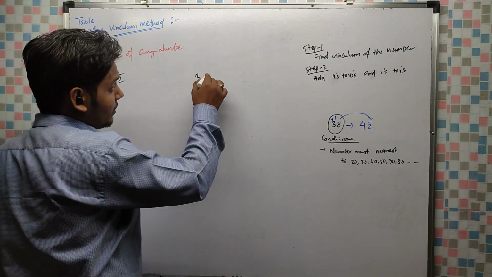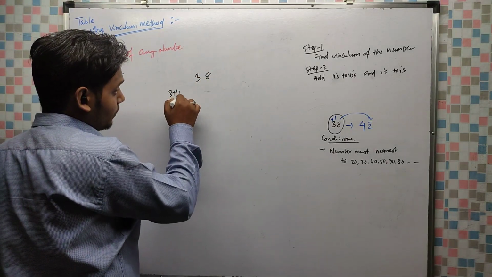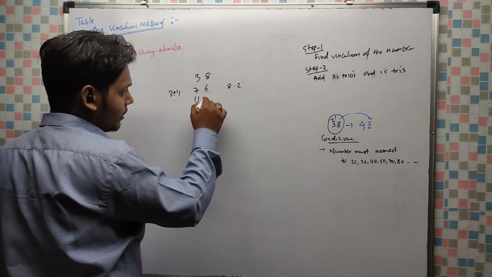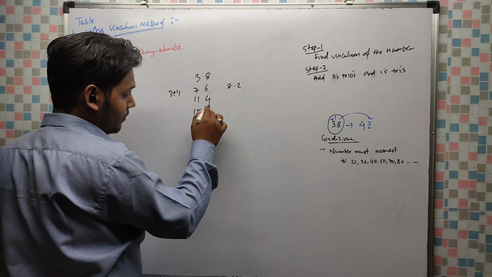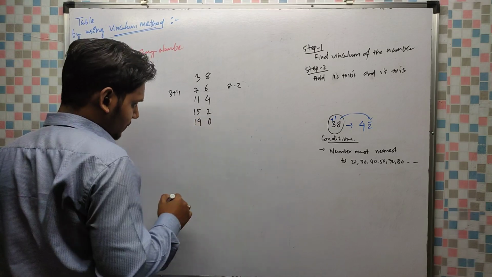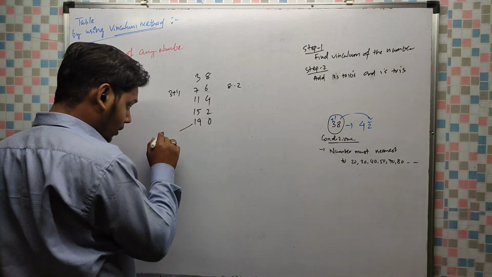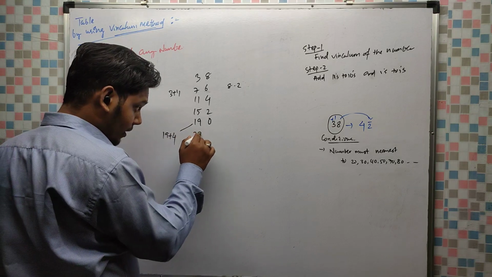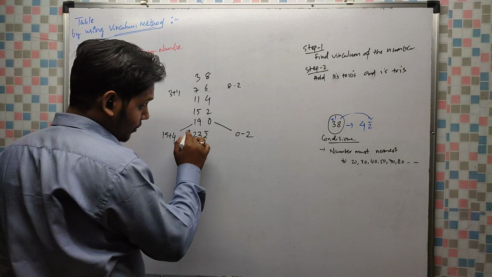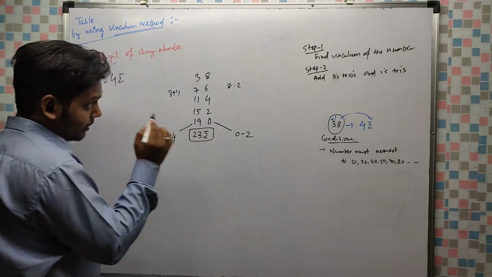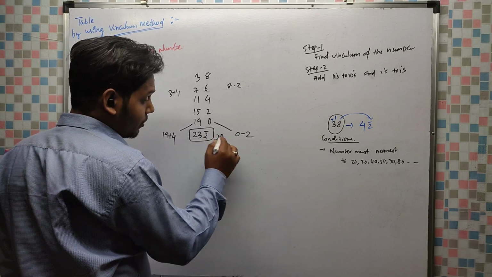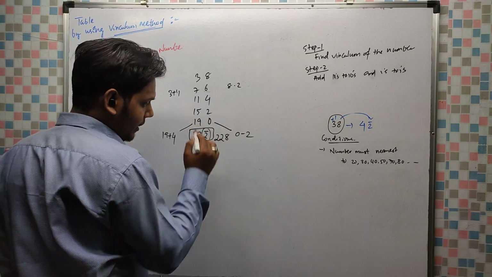Now first I have to write 38, then 3 plus 4 is 7, 8 minus 2 is 6, 7 plus 4 is 11, 6 minus 2 is 4, 11 plus 4 is 15, 4 minus 2 is 2, 15 plus 4 is 19, 2 minus 2 is 0. Okay. Now 19 plus 4 is 23 and 0 minus 2 is 2 bar. Now you have to devinculate this number. Whenever a number like this is coming, you have to devinculate this number. 22 and thereafter 2 complement, that is 8.